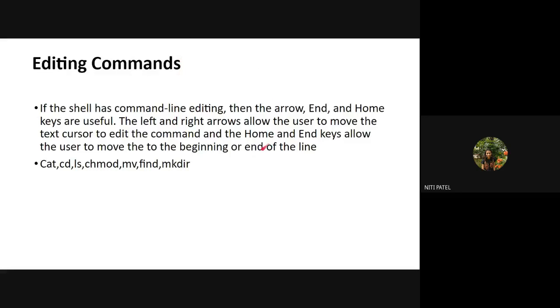Then you can also make use of home and end keys to go to the beginning and end of the file. Home is used to go to the beginning of a file. That means if I have a very long page or too many commands, and I do not want to scroll or use the up arrow key, I can simply press home. It will go to the first line of the command. And if I want to go to the end of the command, I will simply press the end key. End of the command means the last line of the VI editor. So if you want to go to the first line, press home. If you want to go to the last line, press end.